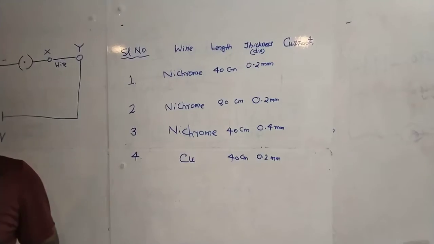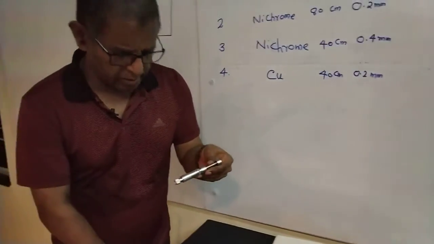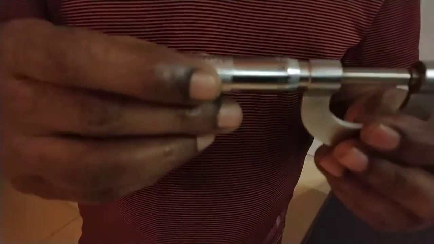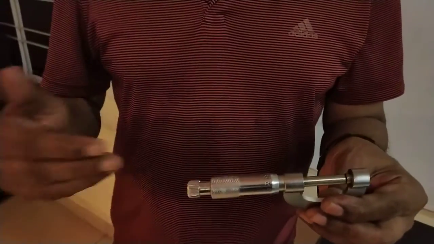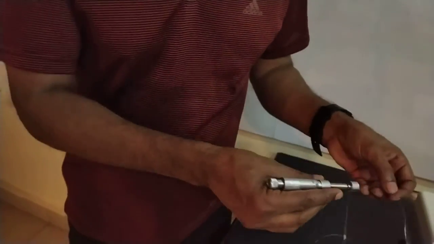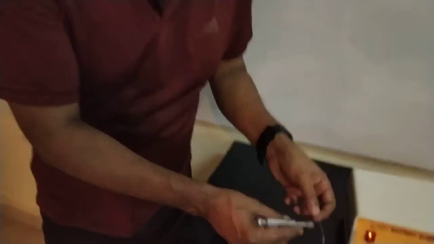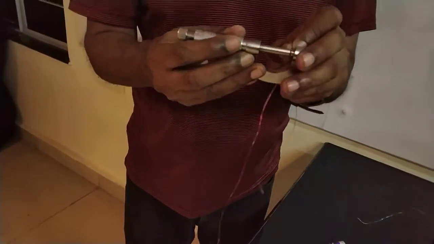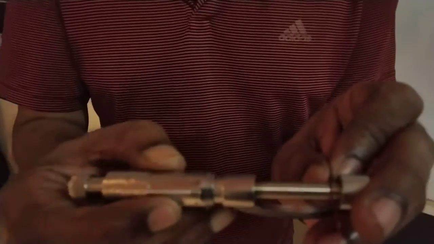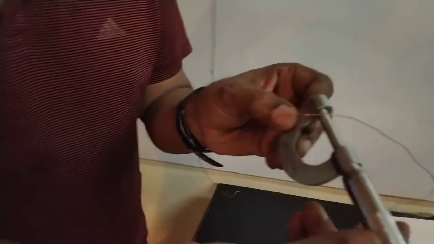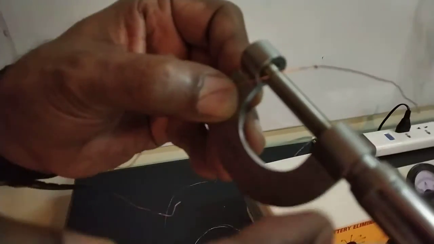Now, how do you measure the thickness? For measuring the thickness, we have an instrument called a micrometer. Actually, this is not part of your syllabus. When you take physics in your 11th standard, you will learn more about this. But we can measure the thickness, the diameter of any wire, by just putting it between these two and rotating a knob. Now you can see this. You can read the thickness on this rotating scale.